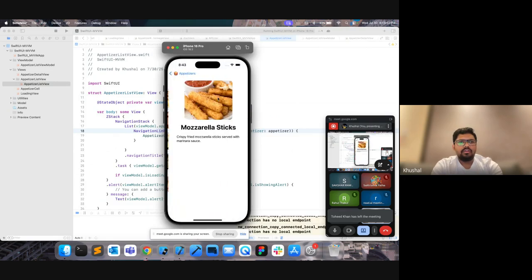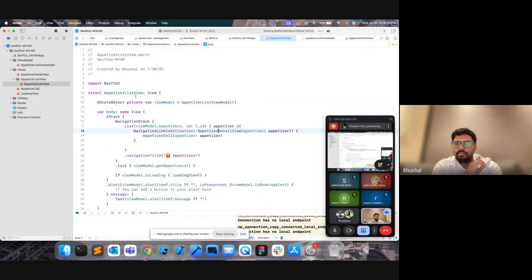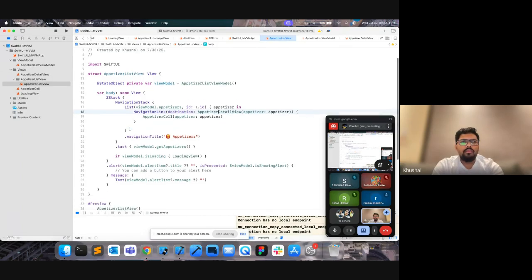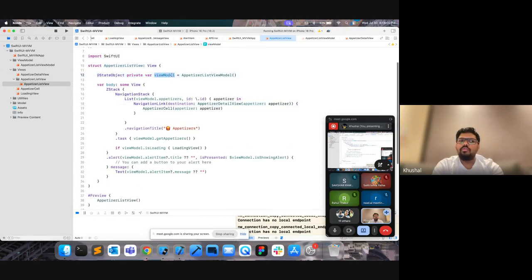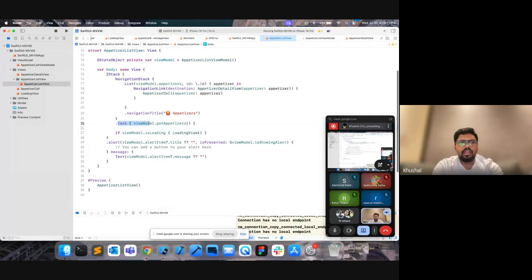Okay. So now what we are doing, previously we were calling everything from the list view. Now basically you see again only the view model property, and this is my list view model. See now what I'm doing again here. This task topic I will consider. I will come to this later on, but for now you can just understand that, okay, basically this is whenever your app is launching,